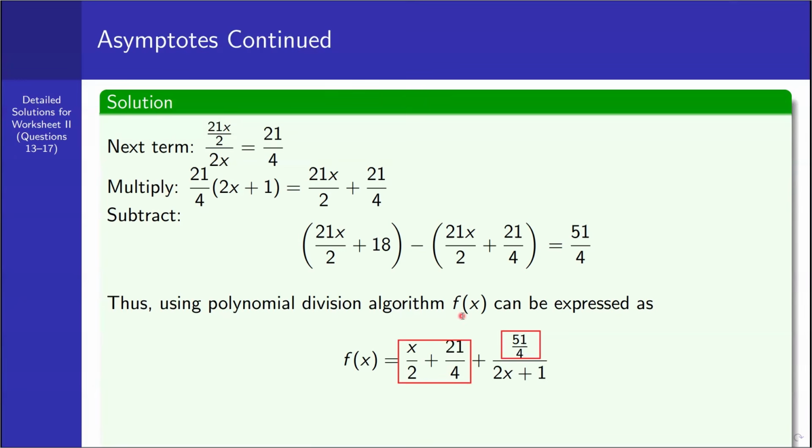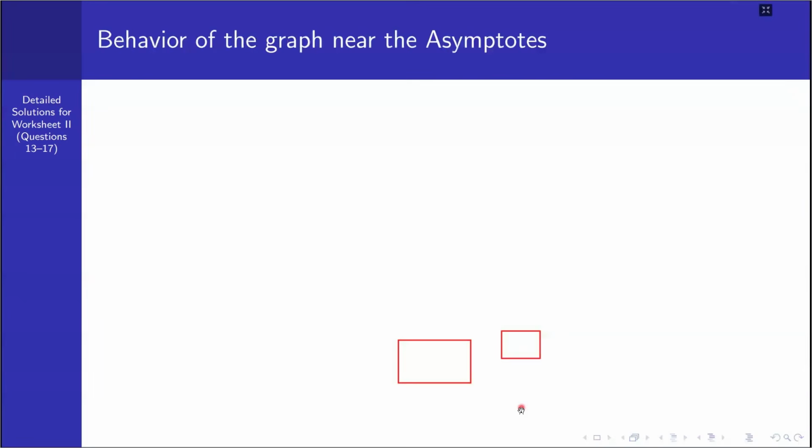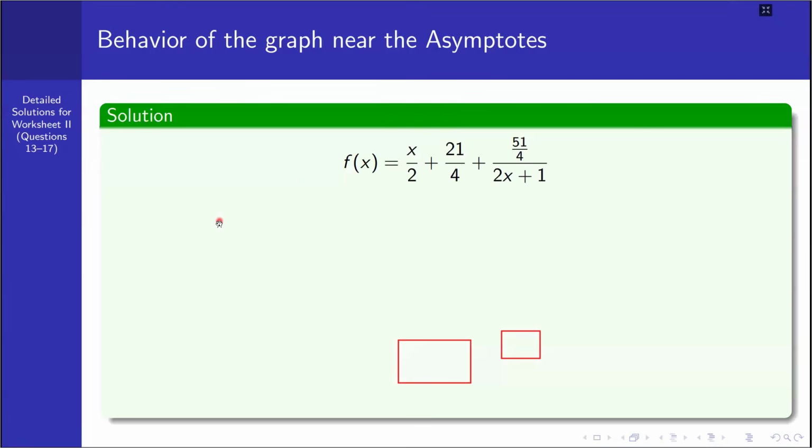Okay, and then the next one could be the oblique or slant asymptote. Okay, እዚህ እንዳሳያችሁ ይሄ ነው የሚሆነው። ኦብሊክ አሲምፕቶት ይሄ ነው። ወደ ውስጥ ለገባ በደንብ አይታይም። y is equal to x over 2 plus 21 over 4 will be the oblique or simply the slant asymptote of the graph. Then